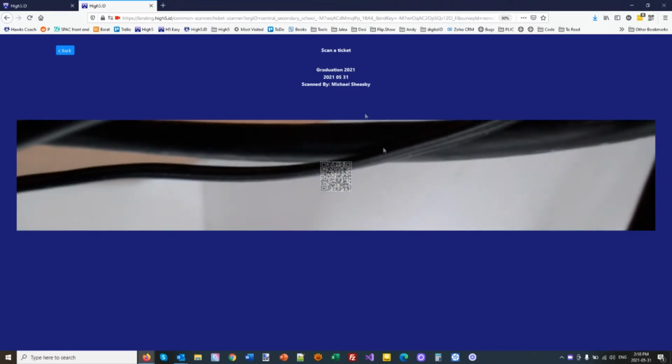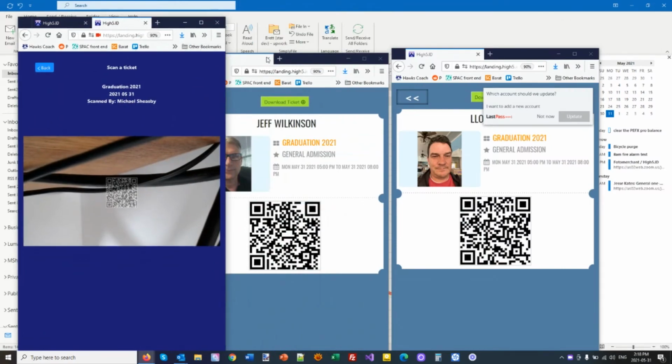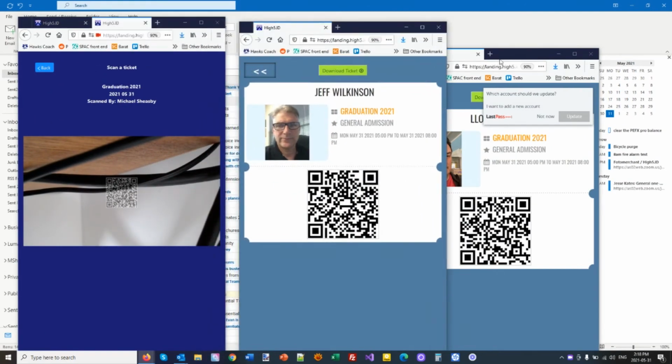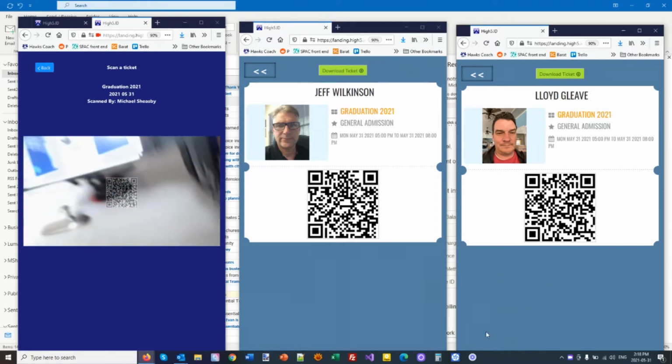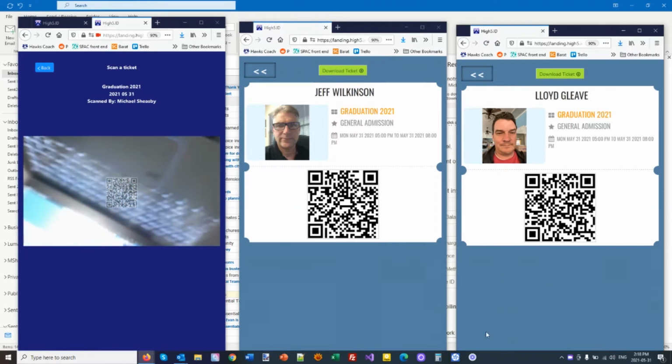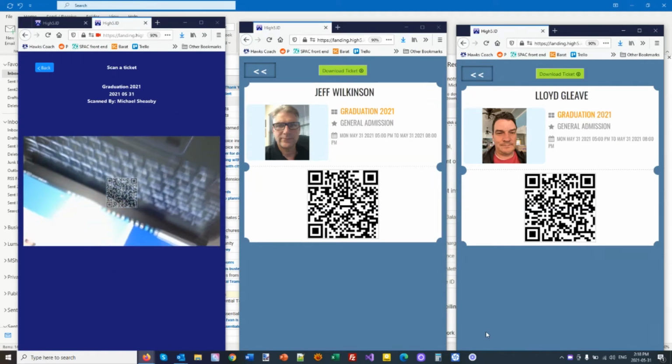So this is a portable camera. I'm just doing it this way instead of using my cell phone. So now you can see I'm just using my browser. I don't mean to be confusing, but here is my phone, and here is Jeff's phone, and here is Lloyd's phone. And so as the person who is scanning at the event, I'm just going to hold my phone up to Jeff's